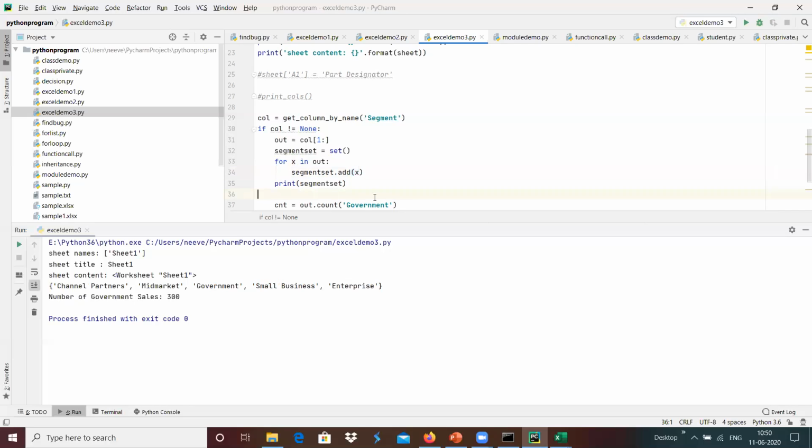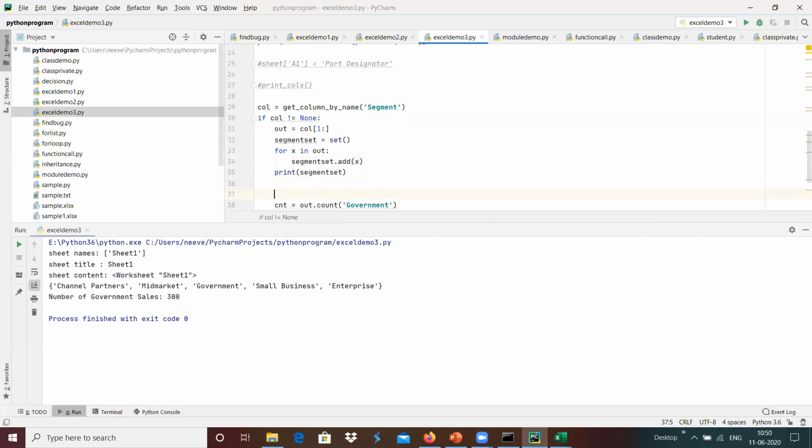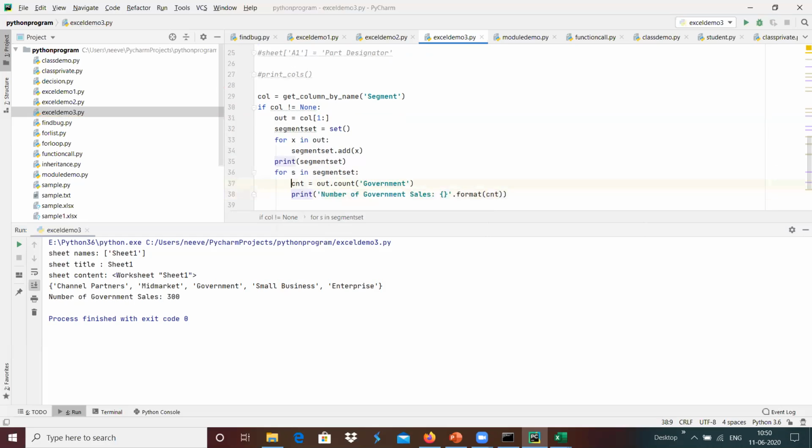Now we wanted to do the count for all the information. For example, for s in segment set, we are traversing each and every element over here, which means how many channel partners are there, how many mid-markets, how many government orders, how many small business, and how many enterprises we wanted to get.